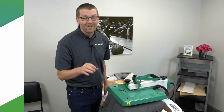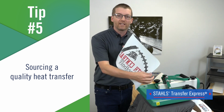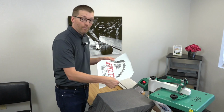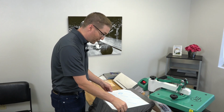And tip number 5, that's all about sourcing a quality heat transfer. At Stahls Transfer Express, we make quality heat transfers that are very easy to heat apply with your A to Z heat press. Simply follow the instructions, time, temperature, and pressure, get your item flat, position your transfer into place,